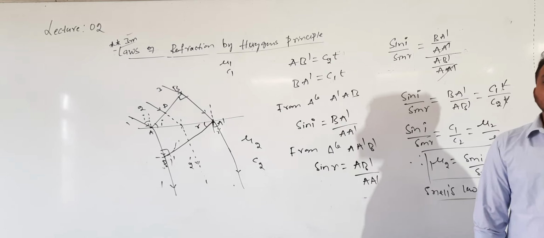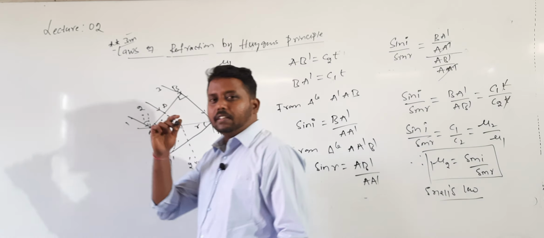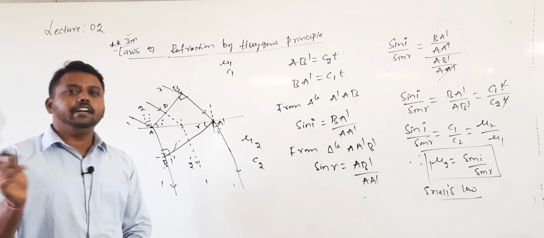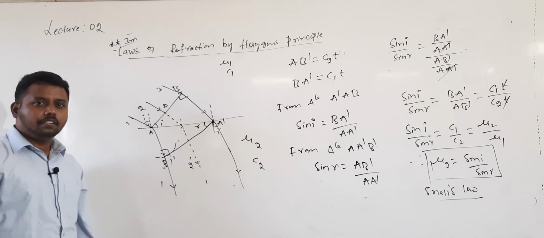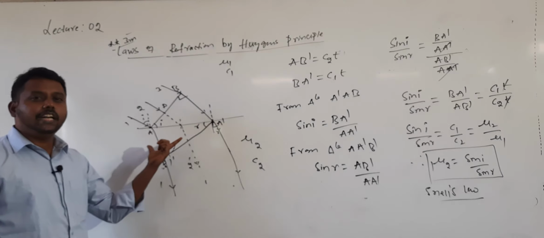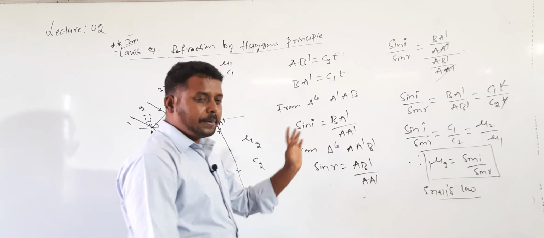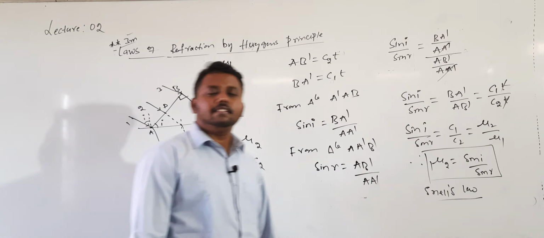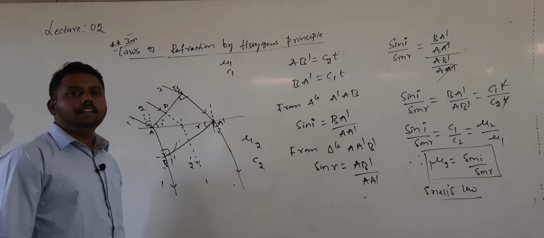Whereas in reflection, nothing much is there to derive. Directly we can show it from the properties of congruent triangles, and we have equated both. But here there is no need. Understood or not? The diagram carries 1 mark, and the remaining marks are for explaining the diagram and the derivation. So finally, Snell's law and the two laws of refraction are proved by using Huygens principle. Understood?